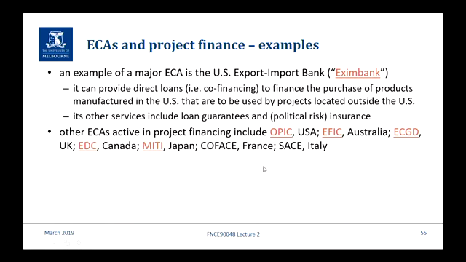There's a lot of ECAs around the world. So the US has another very large one called OPIC. I can't remember what it stands for, but the O is overseas and the IC is investment credit. Australia's equivalent is EFIC. Then you've got large ones in the UK, Canada, Japan, France, Italy, and so on. I've hyperlinked some of them. Again, if you're interested in the area, have a look, but it's not a must, knowing each individual export credit agency.